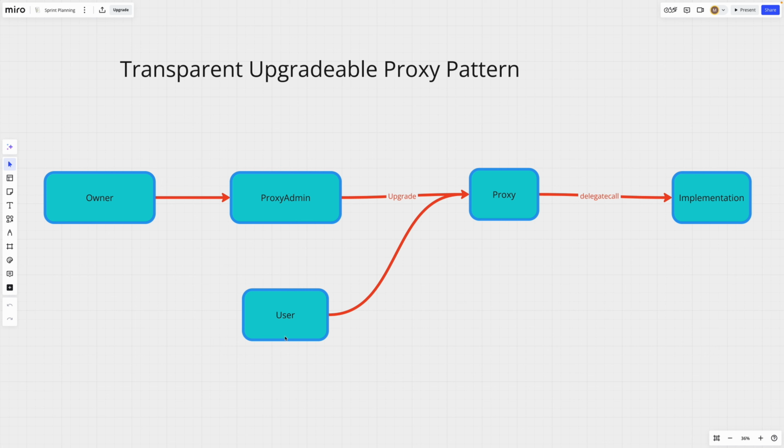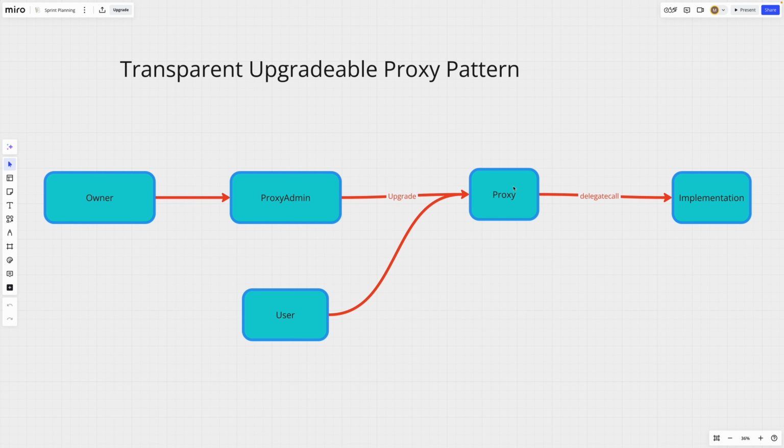And so every single time someone calls a contract, it will reach the fallback because there is only one external function inside this proxy contract, which is the fallback. So it will always reach the fallback, and then inside the fallback, it will compare the caller's address with the owner of the proxy. And if it's not the owner, then it will go ahead and delegate call to the implementation. On the other hand, if it is the owner, so in this case, the proxy admin is the owner,